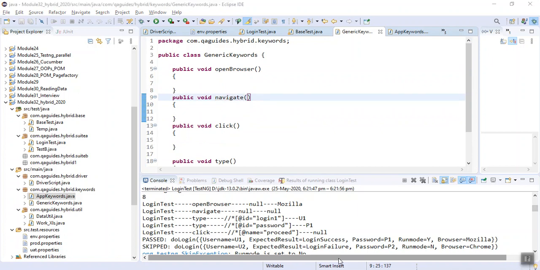So what will happen now? From the test, say login test, driver script will be called, and from driver script, application keywords will be called.